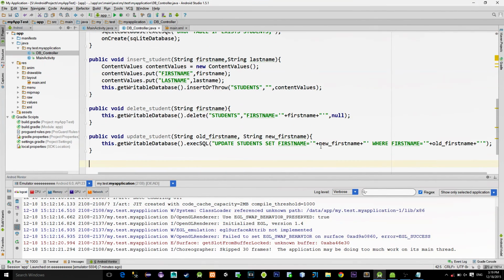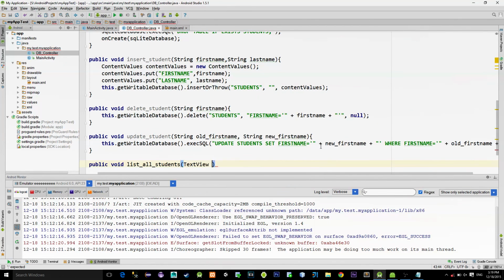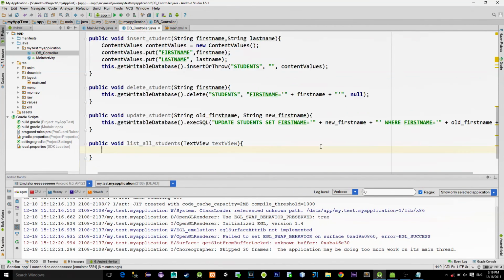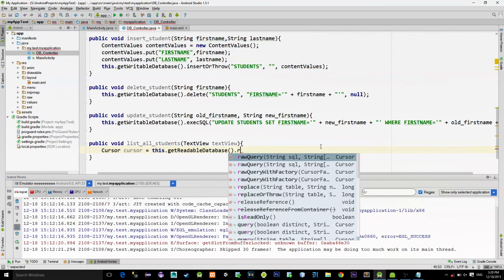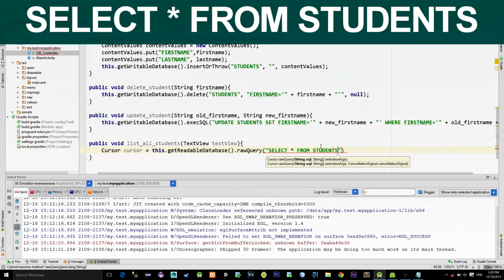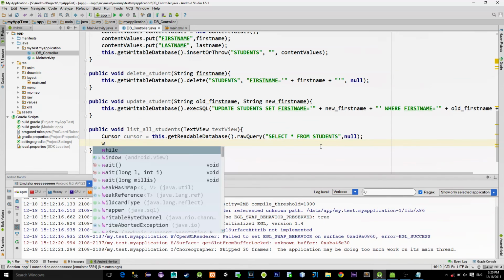And finally, the method for listing all students. Include the text view as a parameter because the result will be shown in it. In order to read records from the table, it's common to use a class named cursor. Call the method raw query and type the simple query for selecting all students. Then to go through each row we can use